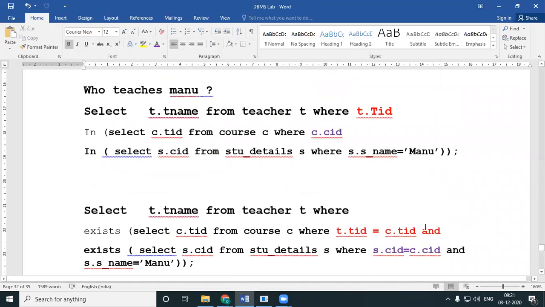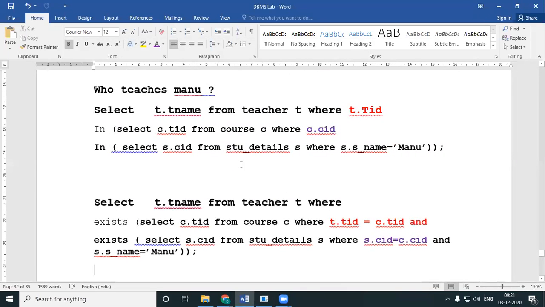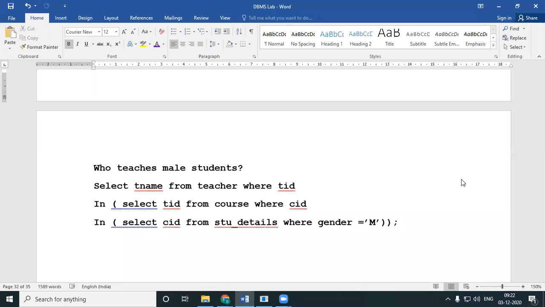So all what I've done is I've converted my inquiry to an existing query. Instead of checking for my TID present in, I check whether EXISTS. For EXISTS, I have to do equality. I have to check whether T.TID equals C.TID, and whether it even exists in the next table. So I don't have C.CID over here. Instead, I check for equality, whether they are the same. Okay, so do the next one.